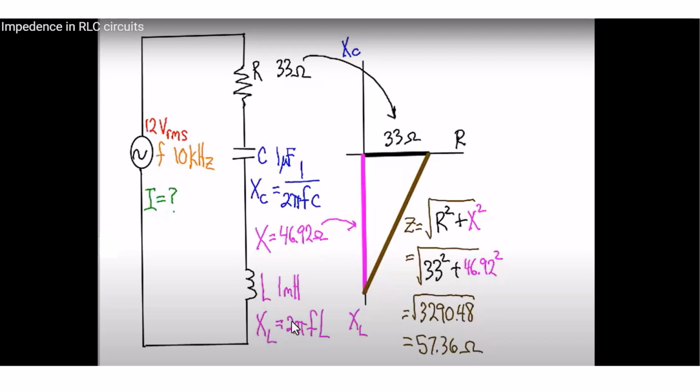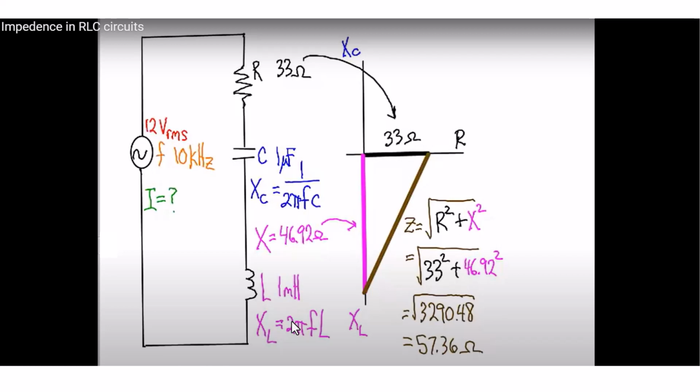Remember they're opposites. For inductors, as frequency increases, the reactance gets higher and higher. For capacitors, as the frequency increases, the reactance gets lower and lower. The next question is, what is the term for the inverse of impedance? Just as there is a term for the opposite or the inverse of resistance, which we call conductance, the opposite or inverse of impedance is